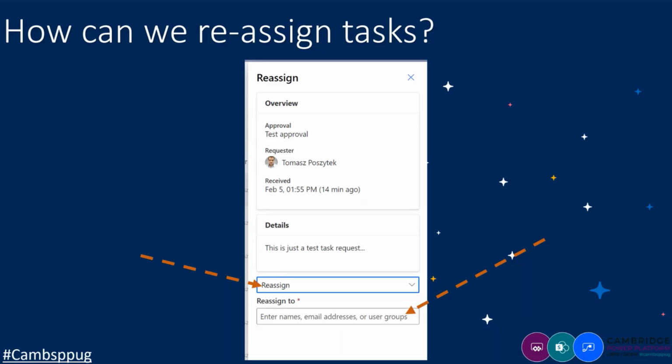And when I mentioned in the beginning that this is one of the most underevaluated features, this is why: even though this information is stored in Dataverse, so it should be quite easy to create additional functionalities that would help admins or makers create actions in Power Automate to reassign a task in specific scenarios, there are no such features yet.